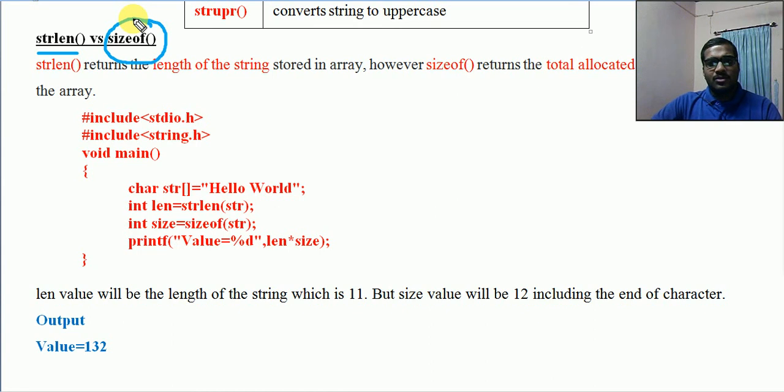In the first module itself, you have seen it used to check the total size of a particular variable. For example, if I take sizeof a, it will return 2, because the total size required for that variable a is 2, as it is of integer type. Integer normally takes 2 bytes.